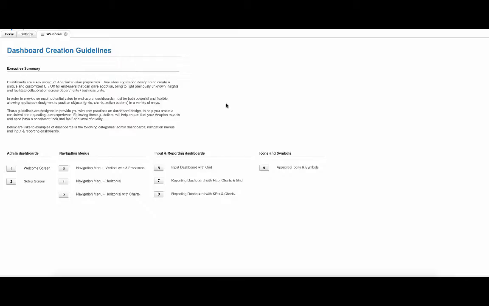As you can see from this welcome screen, we have the dashboard examples split up into three key areas: admin dashboards, which are your welcome screen and setup dashboards; navigation menus, which would be the landing dashboards for each user role within the app; and input and reporting dashboards, which are the key dashboards where users build their plans and